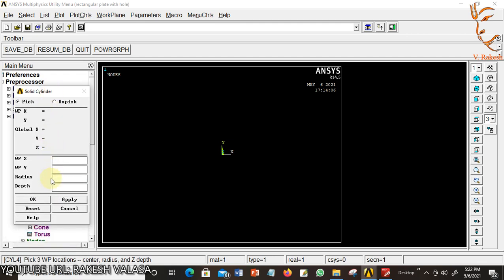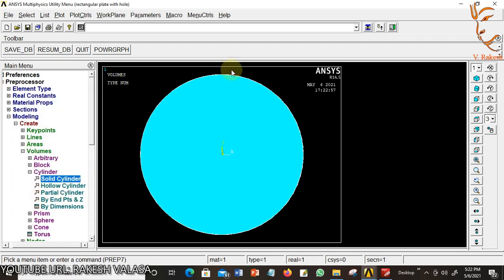The given solid cylinder has radius 1 centimeter and length 5 centimeters. So I'm entering radius 1 centimeter, depth 5 centimeters. Now click on OK. For seeing isometric view, click on right side isometric view.